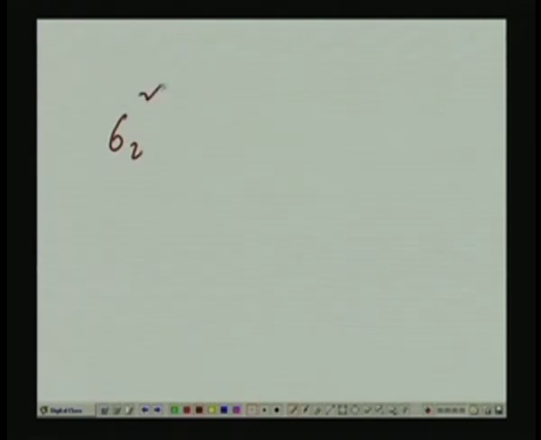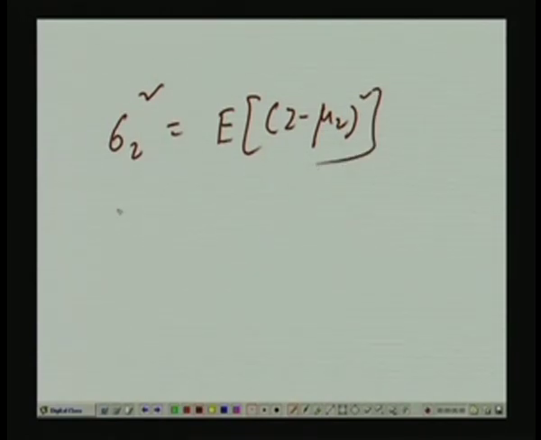Sigma z square, which is nothing but E of z minus mu z whole square. Now, you replace z by x plus y, and mu z by mu x plus mu y. So, this becomes